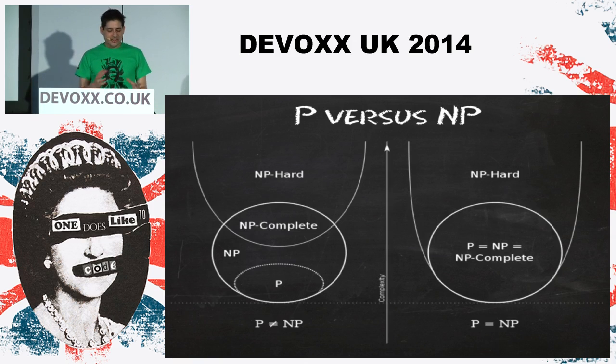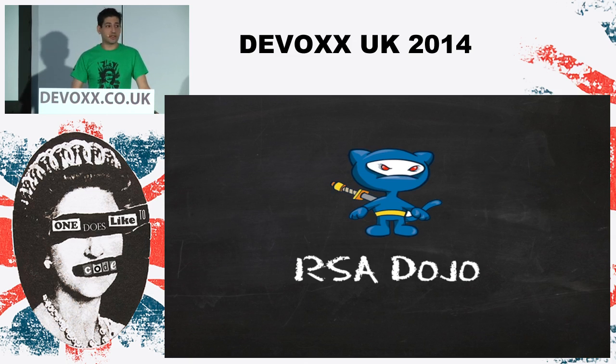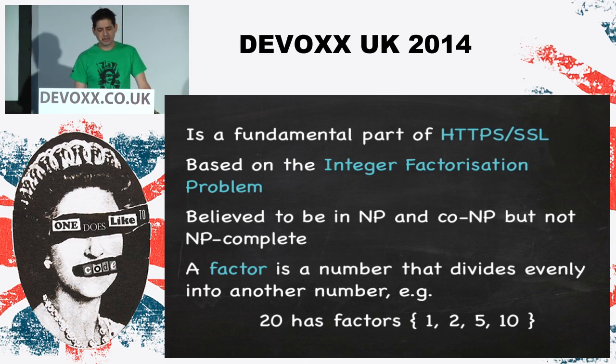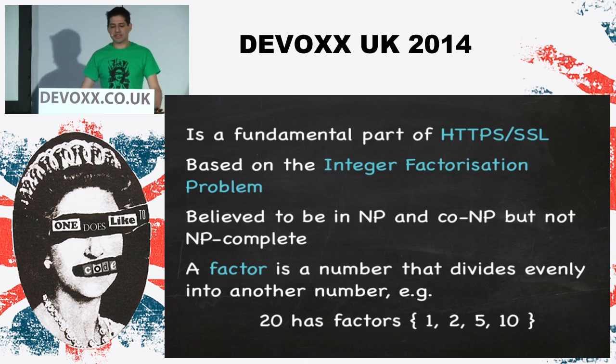Now, this is just a slight aside, because there's a lot of mathematical debate whether P is the same as NP, or whether they're completely separate. If P does equal NP, then that means we will at some point find an algorithm that will solve all our hardest problems in polynomial time, which would be absolutely fantastic. There's not a lot of evidence to say that's what we're going to find, though. That's why interesting things like quantum computing are so strong, because they offer a new improved model of computing to try and crack these ultra-hard problems. So all that out of the way, now let's have a look at RSA.